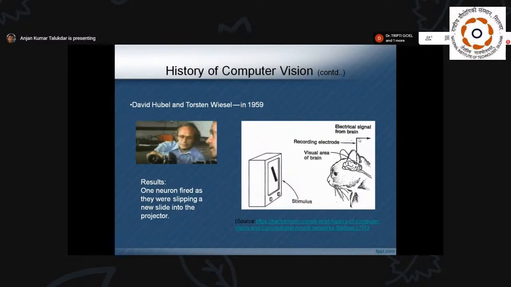Initially they did not get any result, but after a few months, suddenly or accidentally, they saw that one neuron fired as they were slipping a new slide into the projector. So this is some accidental result that was observed, and we can say this is the starting point of artificial neural network or deep learning network that is being used nowadays. Although it has no direct connection with computer vision,